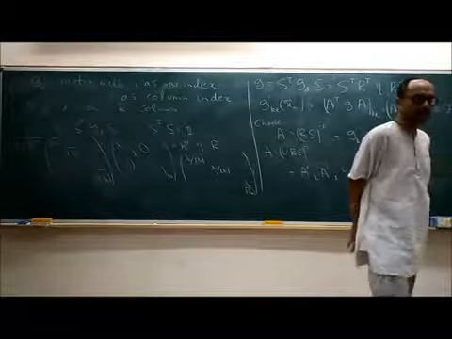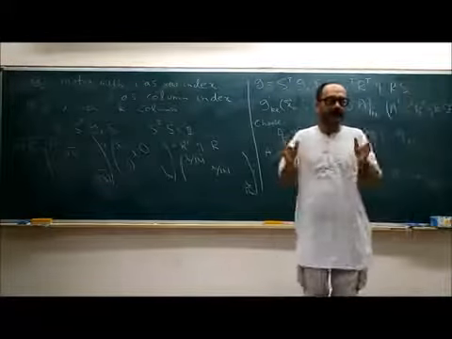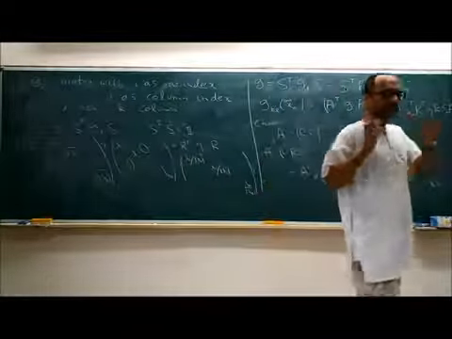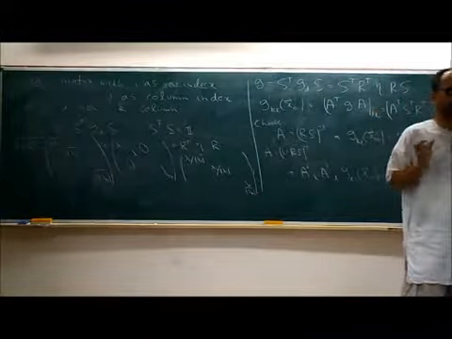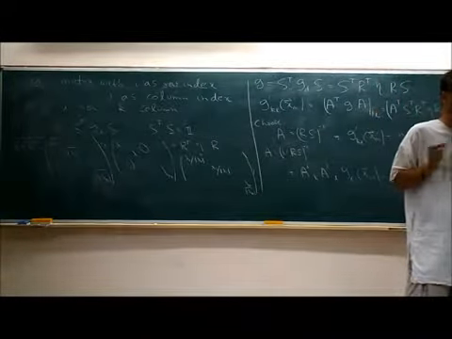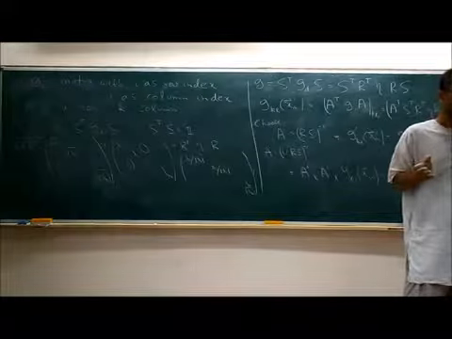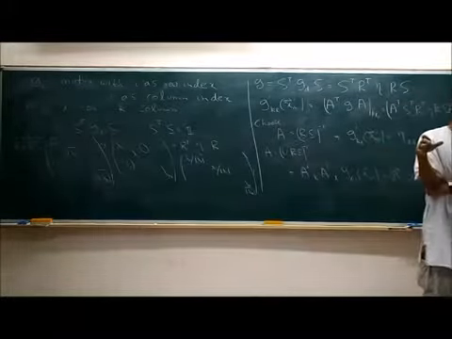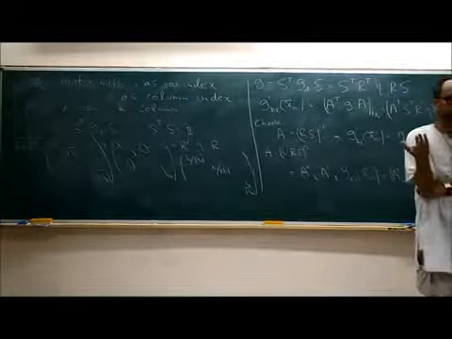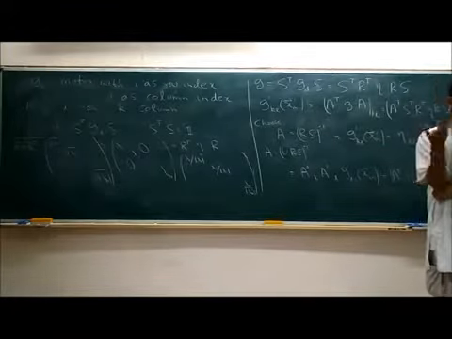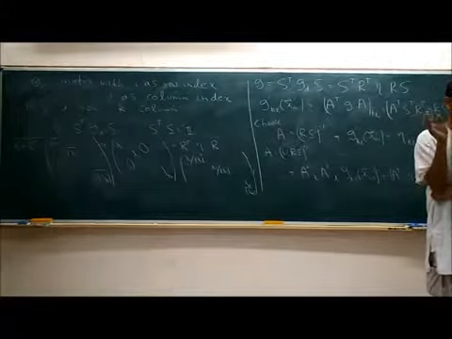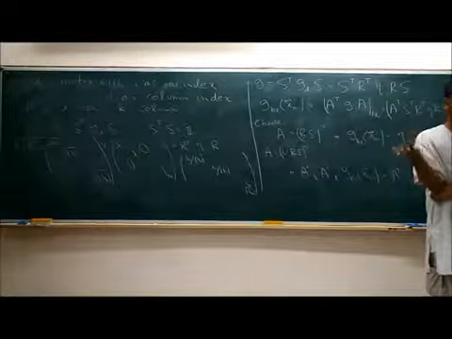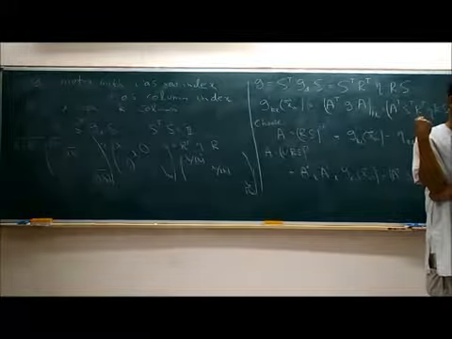So this basically shows that if we are constructing tensors out of the metric, not its derivatives, then the only invariant information that you can get about a manifold is its signature: how many positive eigenvalues and how many negative eigenvalues it has. If all eigenvalues are positive, then you call the manifold Euclidean. If one eigenvalue is negative, the rest are positive, then you call it Lorentzian. Those are the only two cases that will be relevant for us. But mathematically, of course, you can also construct manifolds which have two negative eigenvalues and the rest positive eigenvalues, and so on.